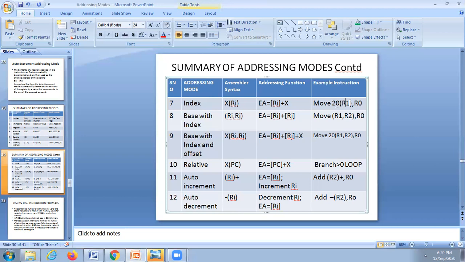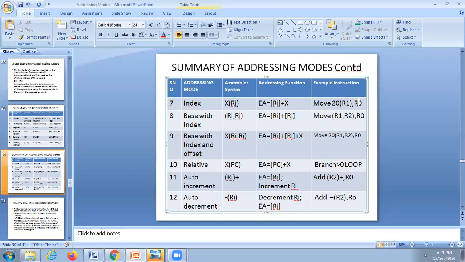So the content of location 120 is to be added to R0. If R1 contains 100, the effective address will be 100 plus 20. Here 20 is the displacement. So in location 120, whatever value is there is to be added to R0.